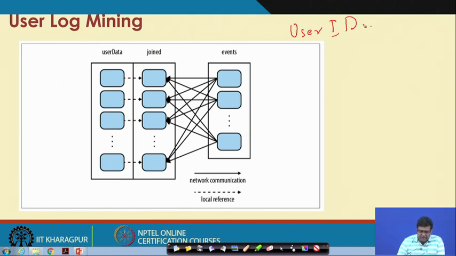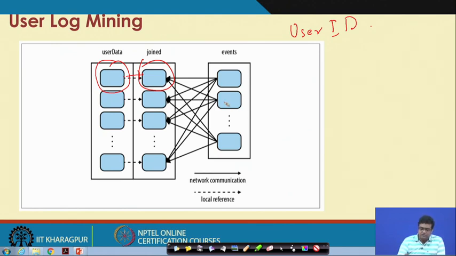So, you can have the joined RDD such that the keys of its partitions are co-located with the keys of the user data partitions. This will have exactly the same number of partitions as the user data. The data for the same user will be stored on the same machines where the user data RDD was stored.